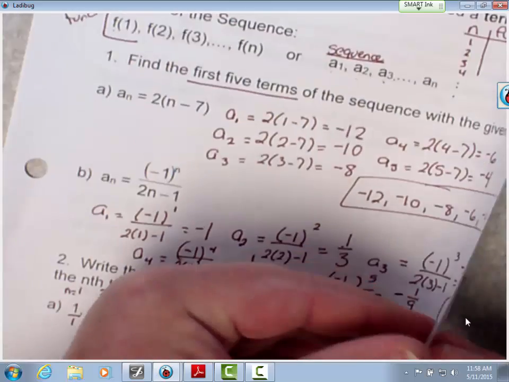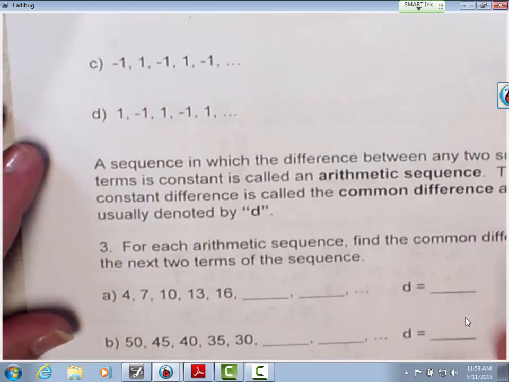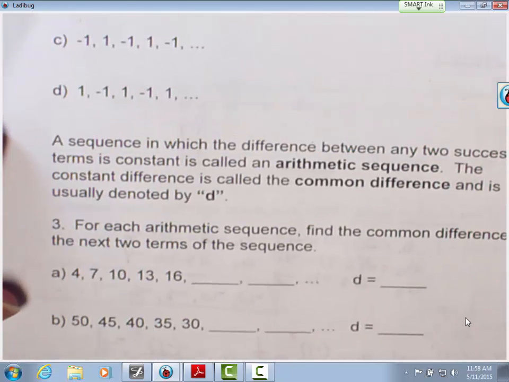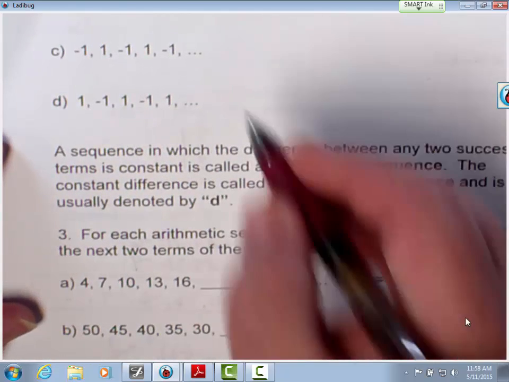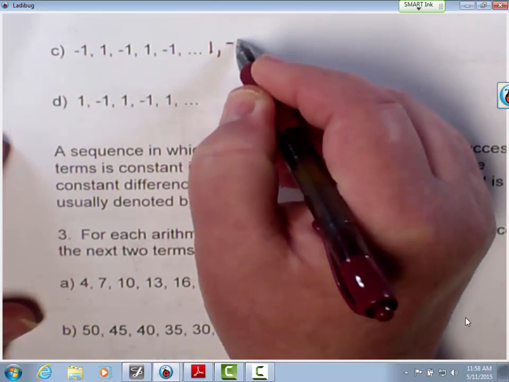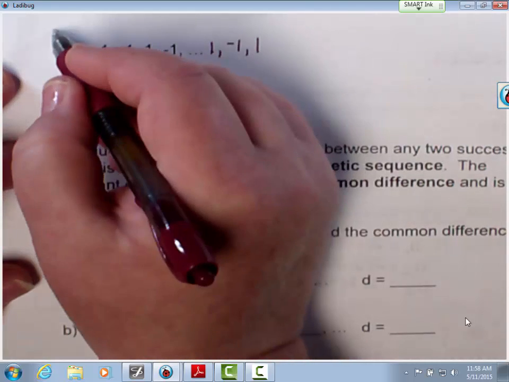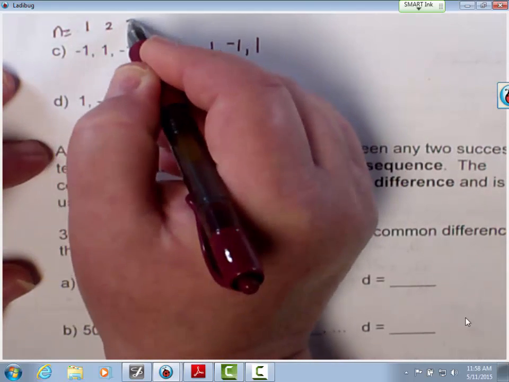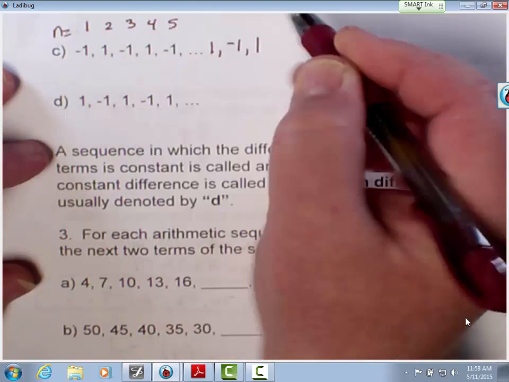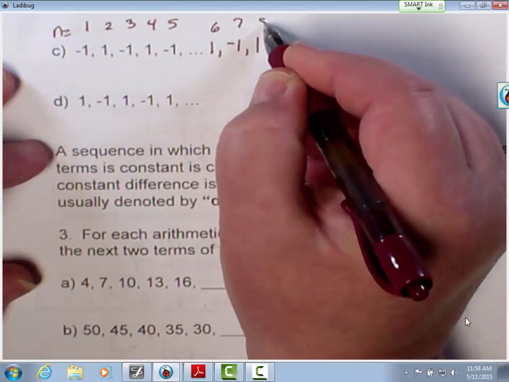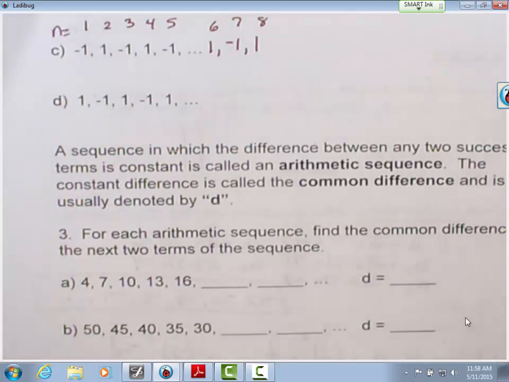All right, let's look at the next bit. We have negative 1, 1, negative 1, 1, negative 1, so I'm assuming 1, negative 1, 1 would be the continued pattern. But what does that have to do with my n value being 1, 2, 3, 4, 5, 6, 7, and 8? What am I doing each time? Okay. I'm not adding a number. I'm not subtracting, multiplying. Okay. So